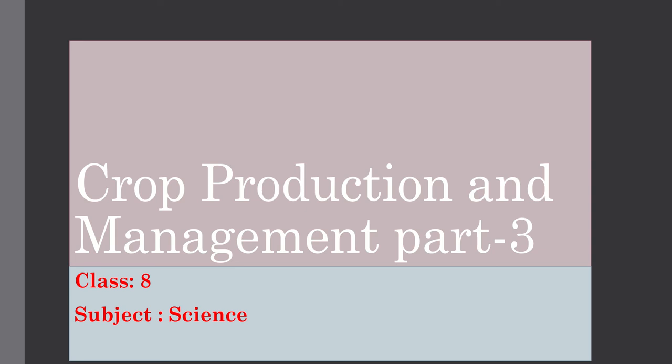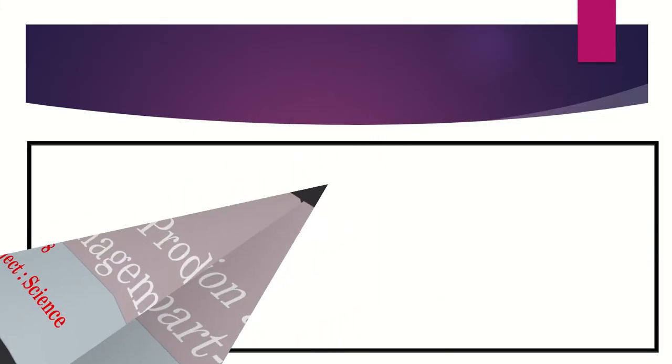Okay students, have you ever grown a plant? Yes, for a plant to grow, it needs sunlight, soil, air. What else does a plant need to grow? Yes, the answer is water.